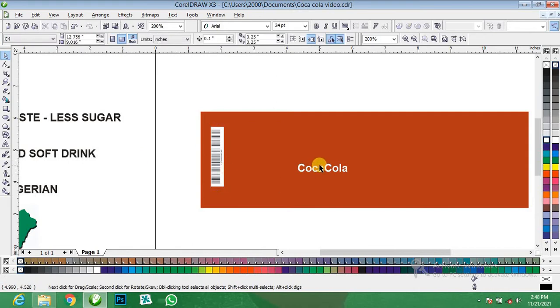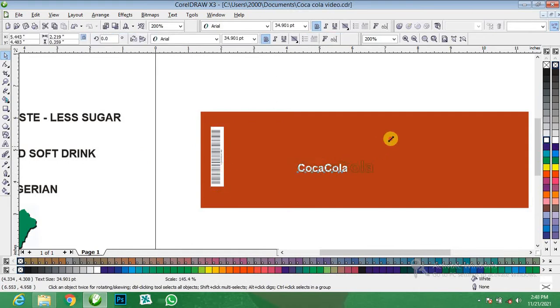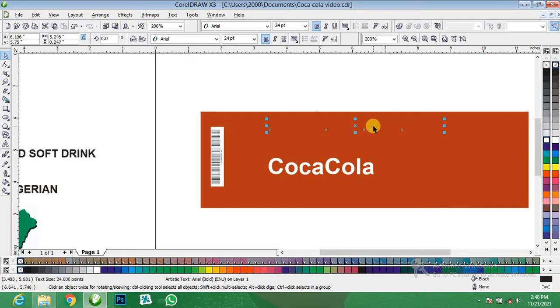Alright, now we are going to bold this Coca-Cola a little bit before we change the font. Keep it here. Bring in this also, original text. Let's add sugar. Give it white also.